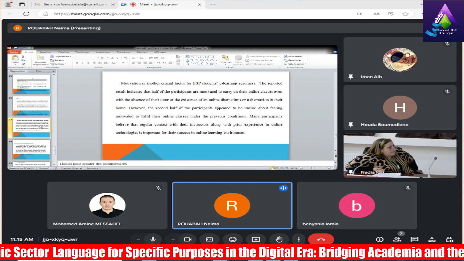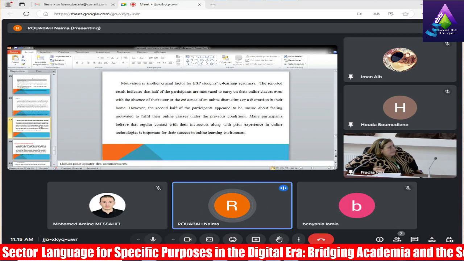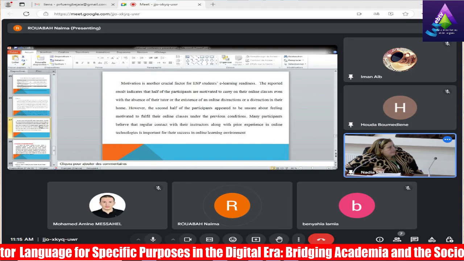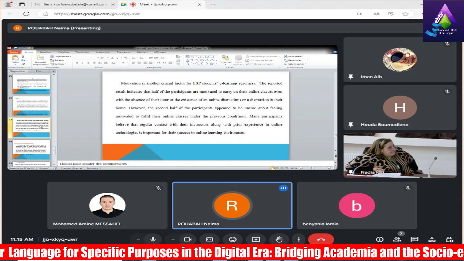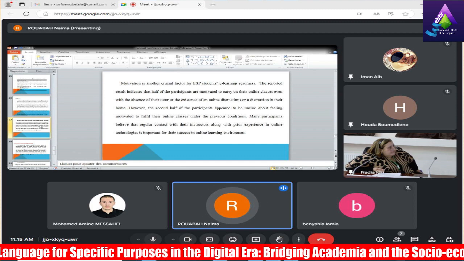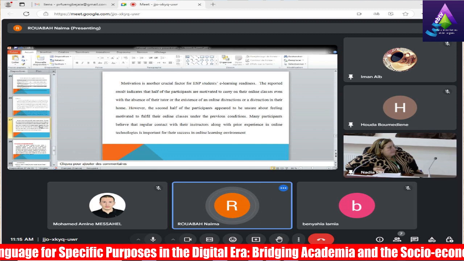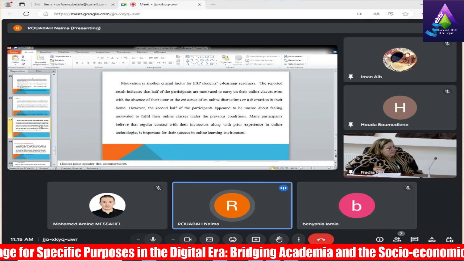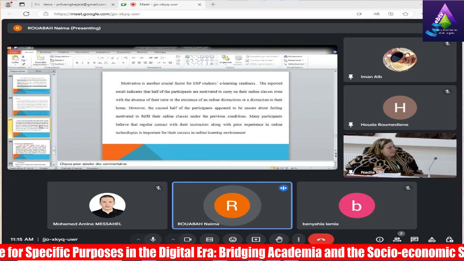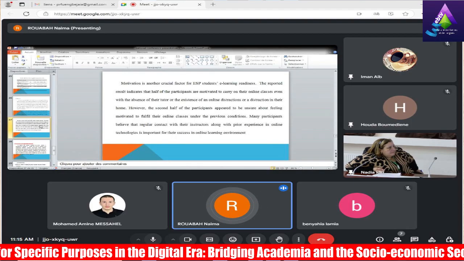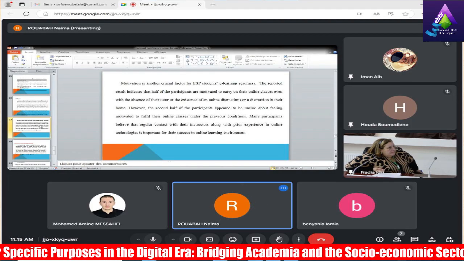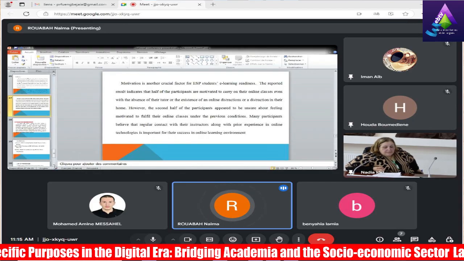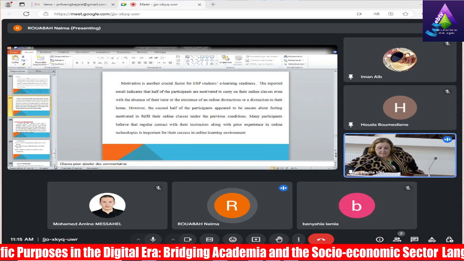Motivation is another critical factor in ESP learning. Students tend to be reticent about participating in online classes because maybe they are fearful of engaging in conversations in English. So it's a kind of escape from the online classes. Also, we have a problem with time management in the online sessions.